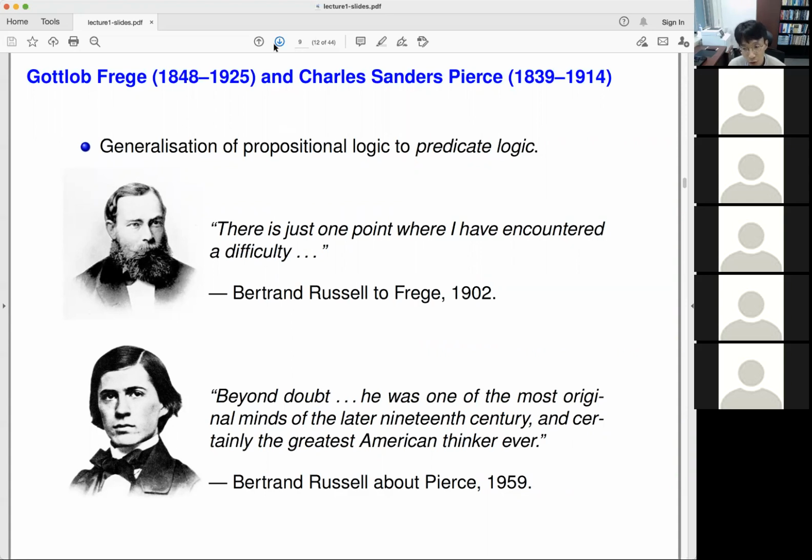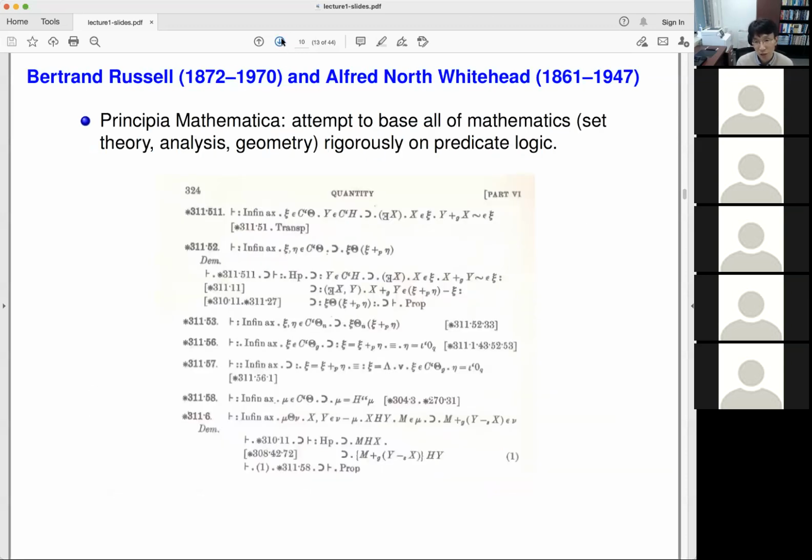But it turns out doing so well is quite tricky. I think many of you have heard about the so-called Russell's paradox. When Russell looked at Frege's work, he found an inconsistency, a contradiction in Frege's work. This is something very well known. And then later, Russell wanted to fix this bug in Frege's work. What he did, together with Whitehead, who I think was more like a hardcore mathematician while Russell was at the boundary of philosophy and mathematics,